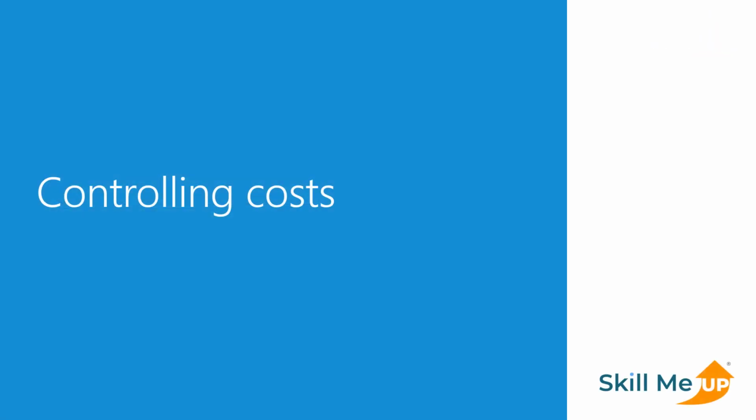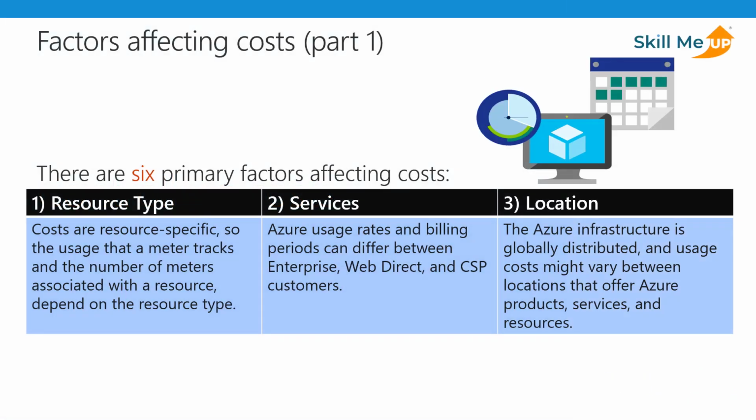And then, as with any pay-as-you-go type of environment, anywhere we're going to be doing a consumption-based model, we want to make sure we control our costs, and infrastructure as a service is no different on that. As with any consumption service, there's always going to be different factors that affect your costs. In this case, there are 6 main factors that contribute to any costs in your Azure Infrastructure as a Service